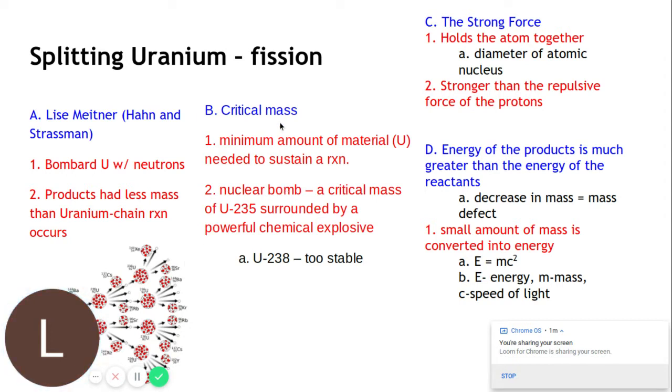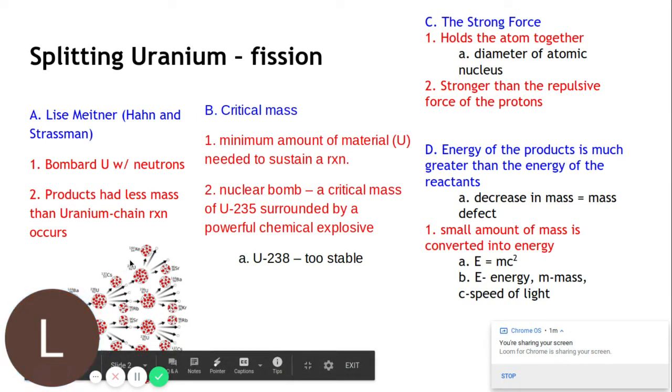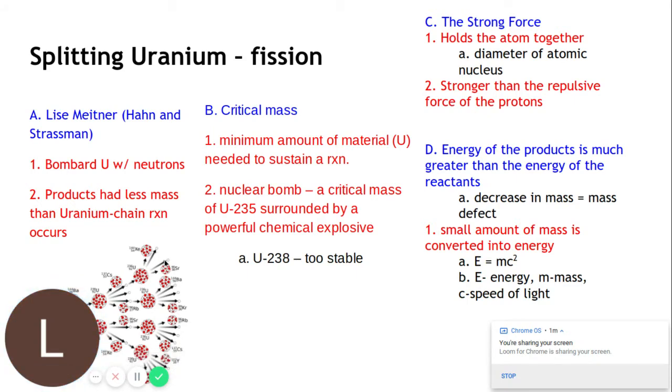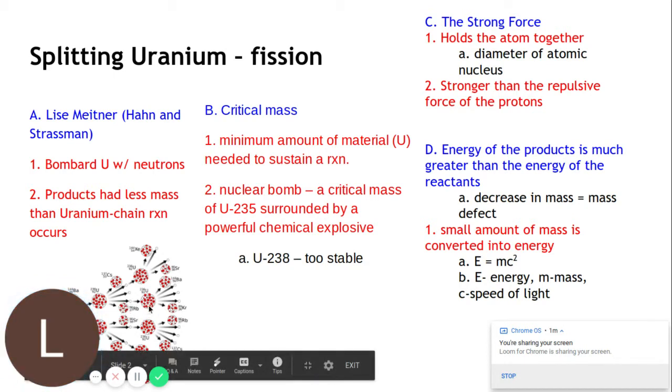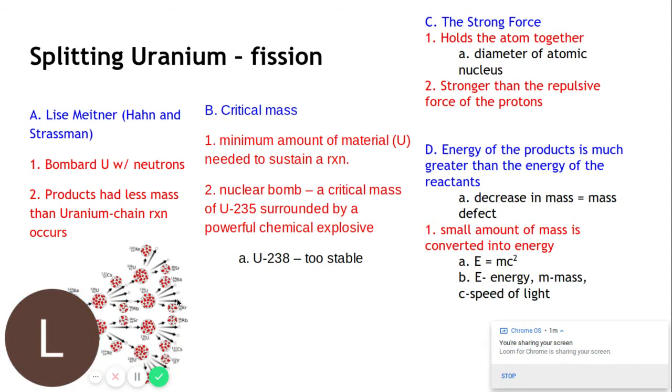The critical mass is the point at which the reaction can be sustained. So we do call this a chain reaction because when the atom is splitting, that's what these other little arrows are. They're neutrons that are coming off. So as it splits, it releases a few more neutrons. Those neutrons hit other atoms and so forth. If I didn't have those neutrons coming off, like if I didn't have two or three, however many, if I just had one and it just hit one other atom and then that atom released one,